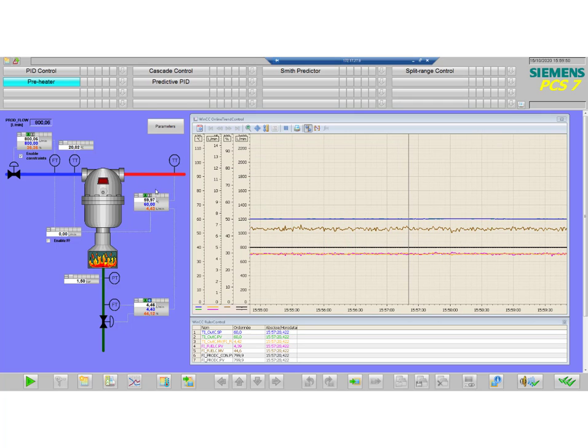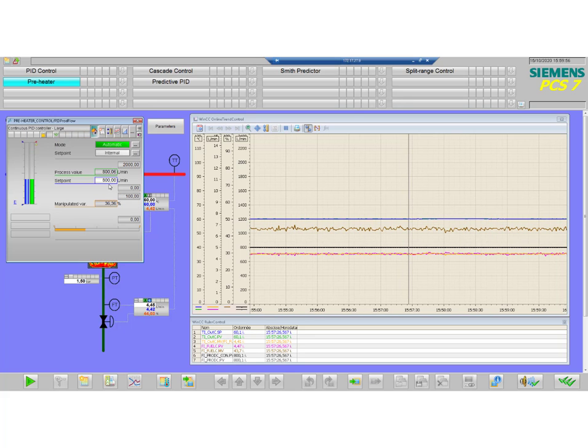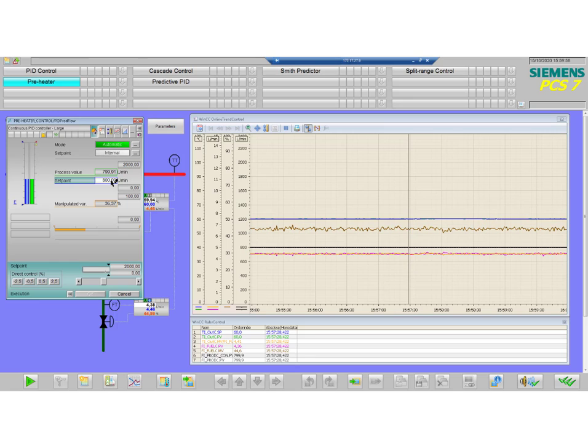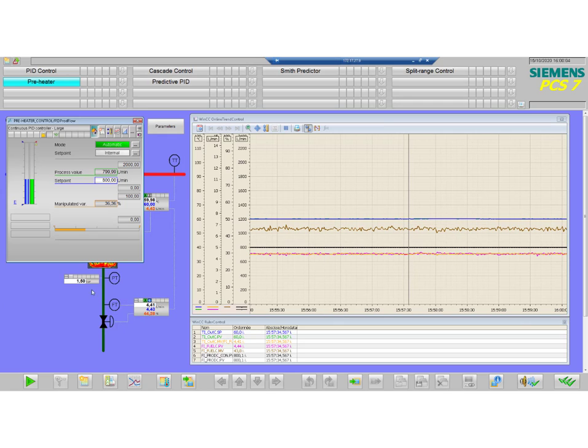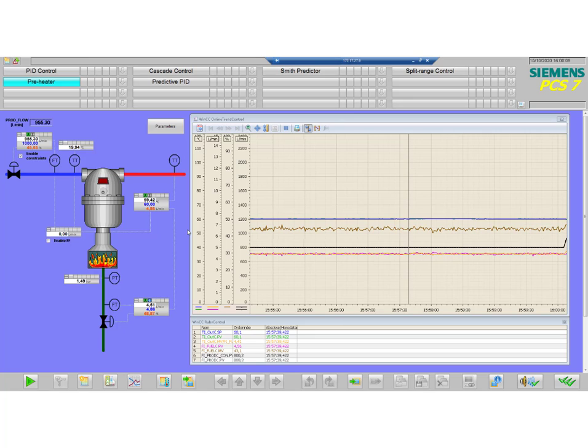So the cascade is active without the feed forward, and what we can do is increase the set point of product flow to 1,000 liters per minute, as we have done before,